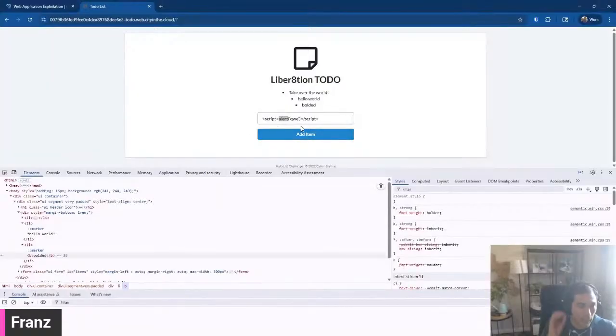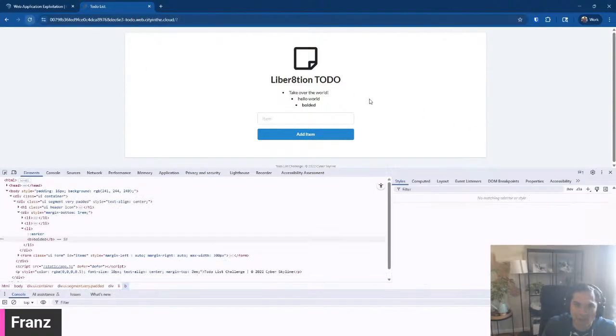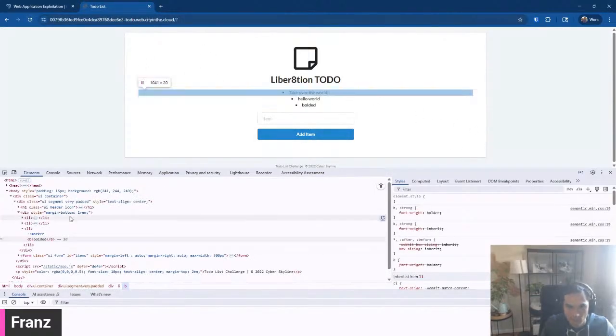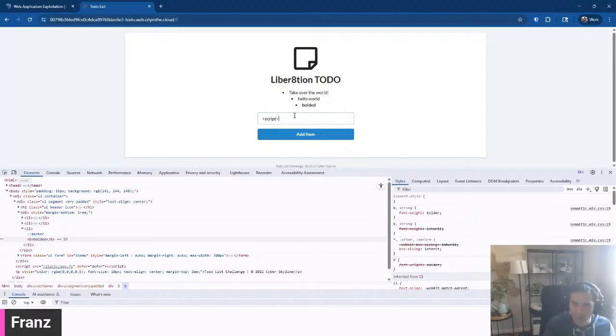That'll give me a little pop-up that I'll have to dismiss when I load the page. Actually, let me be a little bit less disruptive. I'll do a console.log. That way it's not going to be annoying. And if I hit add item, and then I refresh, oh, actually, I don't think that went through. Let me try again. Script, console.log,